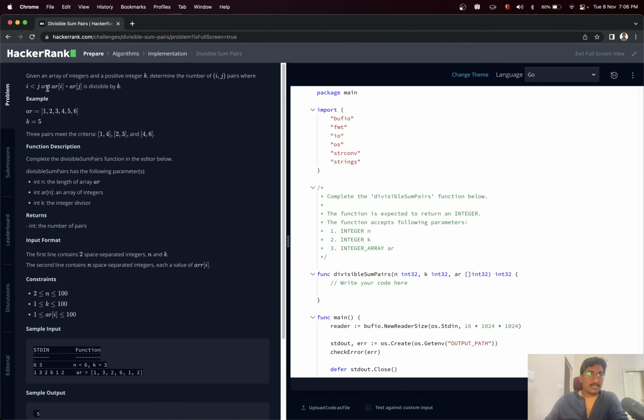Okay. Given an array of integers and a positive number k, determine the number of ij pairs where i is less than j and array of i and j is divisible by k. So this is the array 1, 2, 3, 4, 5, 6 and they have given k as 5. So these are the two inputs. Three pairs